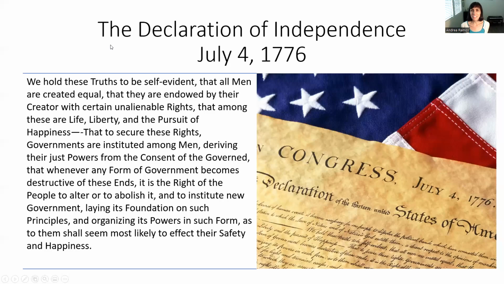So the Declaration of Independence was written on July 4th, 1776 by Thomas Jefferson. He was one of our founding fathers. He was one of the founding people of our nation. And he wrote this declaration that set us free and declared that we were free from Great Britain. And of course, after we wrote that declaration and sent it to Great Britain, we had to fight a war to make it become true. But this was the beginning of our independence and the day that we celebrate it in the United States.